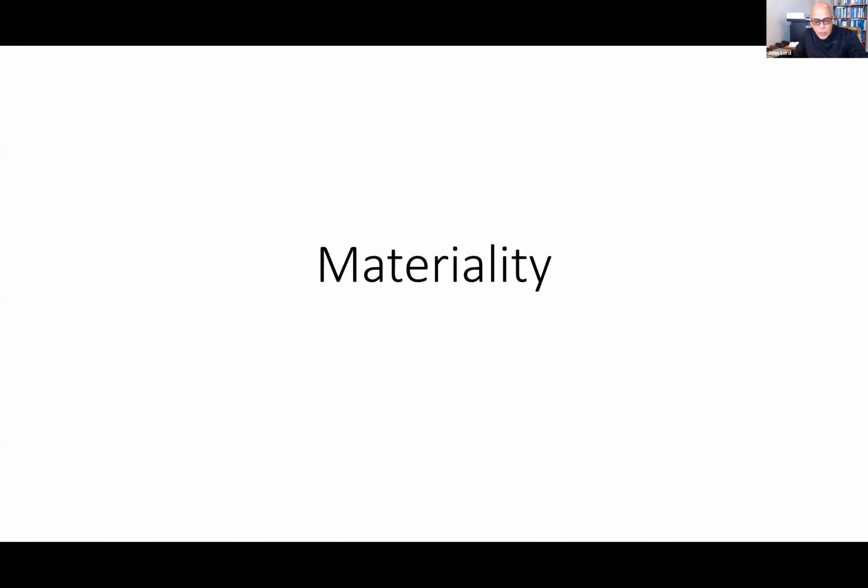Hi, everyone. I want to go ahead and talk about materiality here, which we have been saving for the end of chapter 3. And when we look at the concept of materiality,